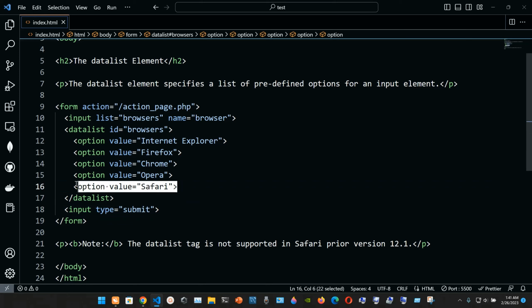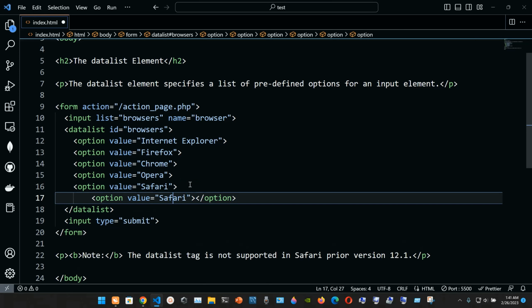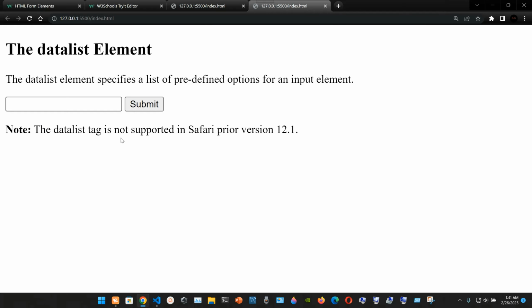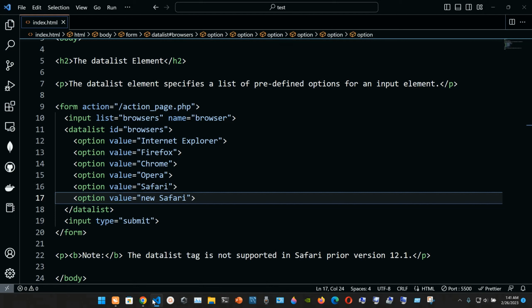I don't know, you can put maybe one more and paste it here, and this option is gonna be, let's, okay, this option, what can we put here? I don't know, new, okay, we can just put new Safari maybe. So let's just put like this, new Safari. So when we go to our website, this time we don't have 5 elements here, we have 6. As you can see, the final one is gonna be new Safari, since I just added it with the option